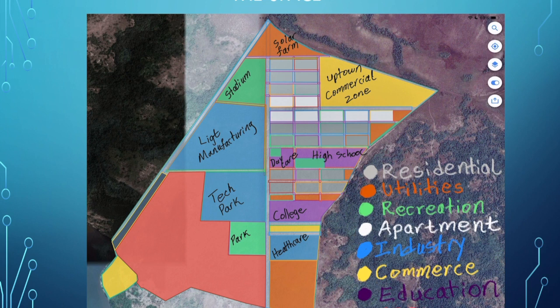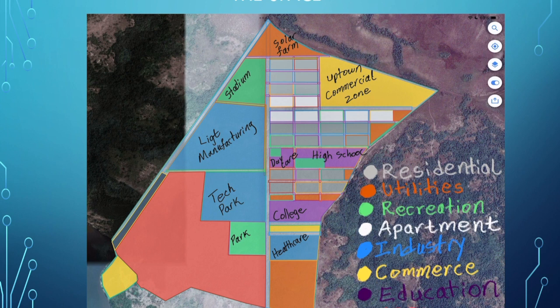The orange colors are all of our utility blocks, and you can see how they are all interspersed within Xity. In the northernmost point, we have one of our solar farms, and this will not be the only solar farm within Xity. And we also have a green zone, which is the recreational spots. Wherever you see green is recreational. Even the little green strips that you may see are all recreational spots.